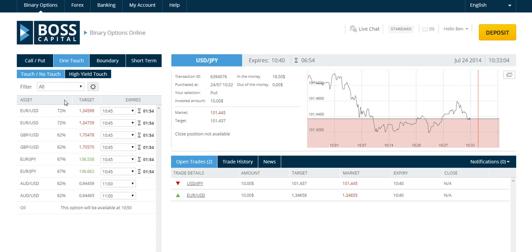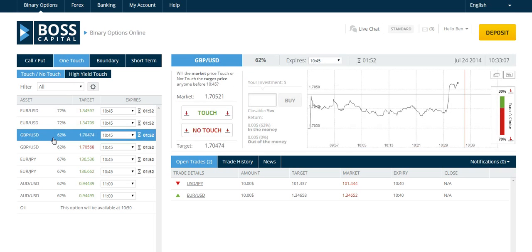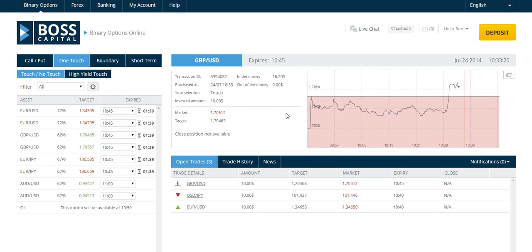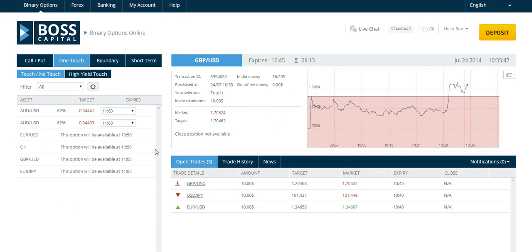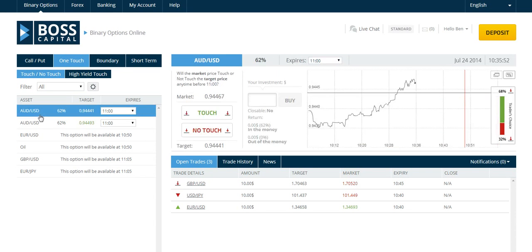So we have one touch positions in addition. For the Great British Pound US dollar, if you feel that it will hit this value, you can click touch and place a position right there. Now, looking at the Aussie dollar US dollar, if we believe that it will hit this threshold, we'll click touch, and if we don't, we'll do no touch. But let's do a touch on this as well. So right there,